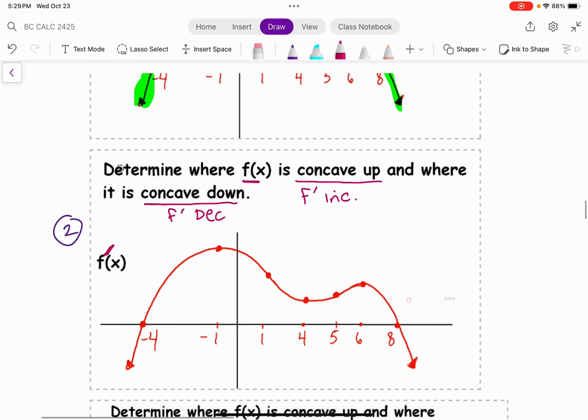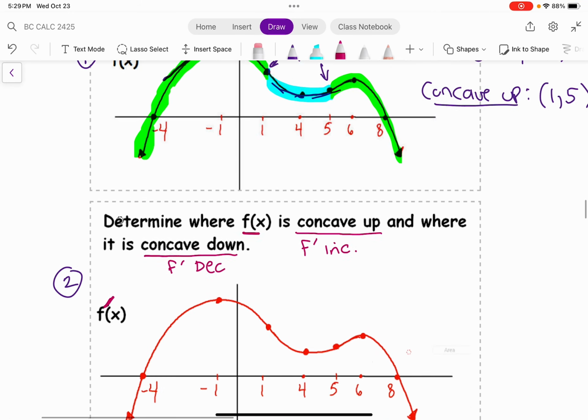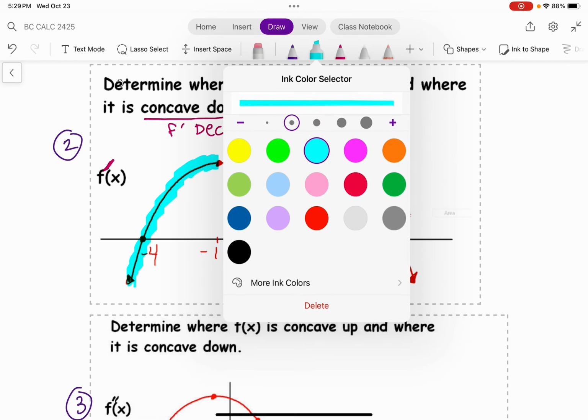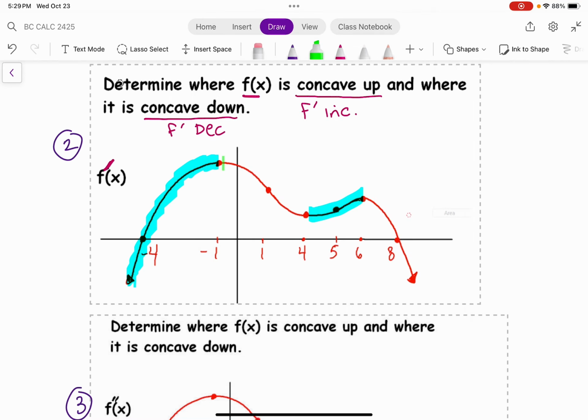Now, what colors did I use again? I used green for concave down. So concave up now is this section, because that's f prime and it's increasing, and then also here, and then concave down is when f prime is decreasing. Because again, look, we're looking at f prime, right? That's what we're looking at. So f prime decreasing, f prime increasing, so therefore